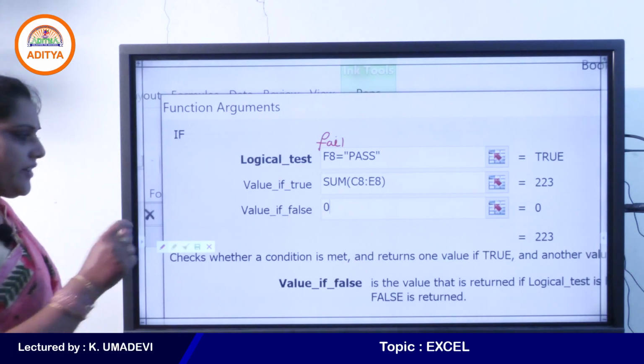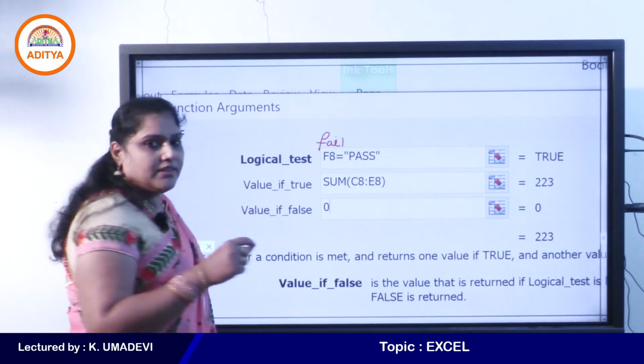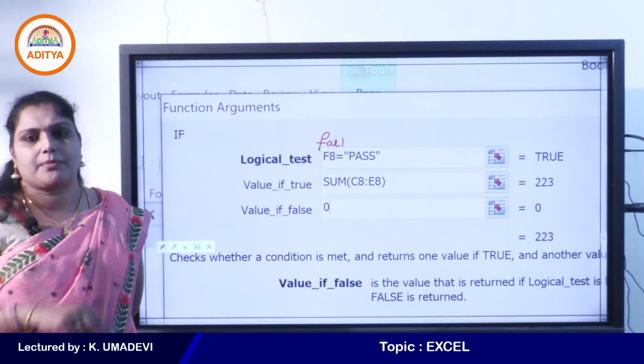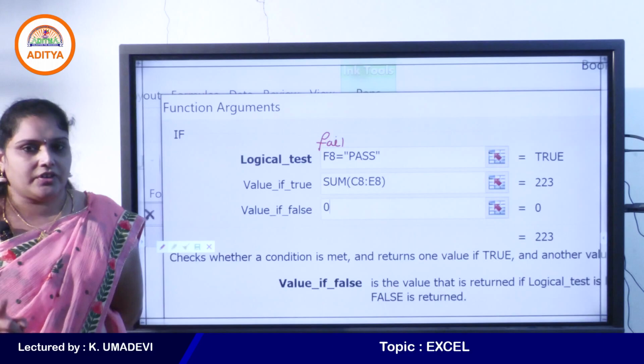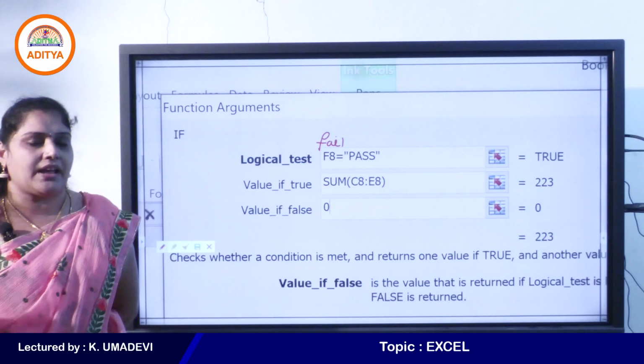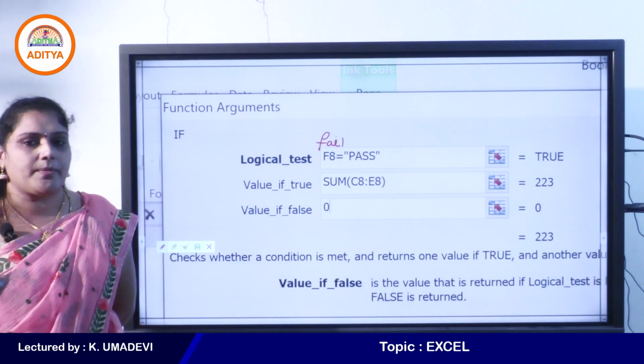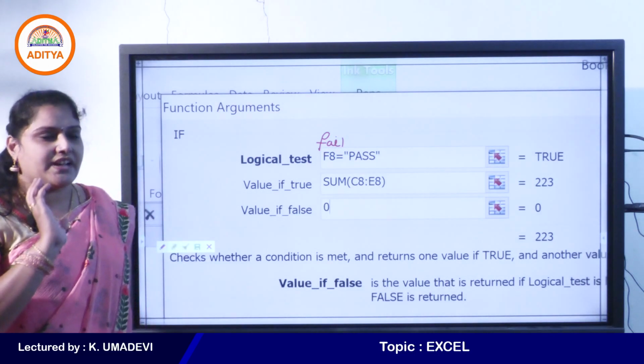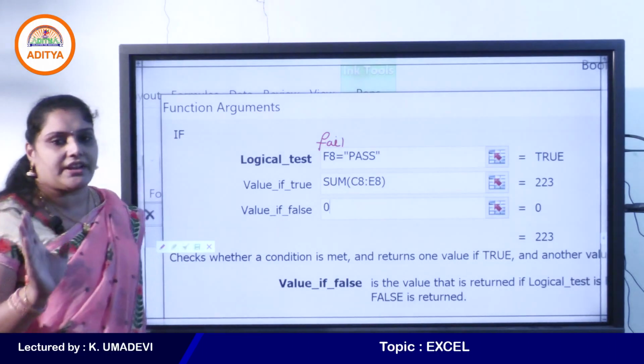See, just enter equal to sign and the function name, then click on Fx, then you will get the function arguments dialog box directly. Just enter equal to sign and the function name in the formula bar and then click on Fx button. Then you can directly switch to the function arguments dialog box.